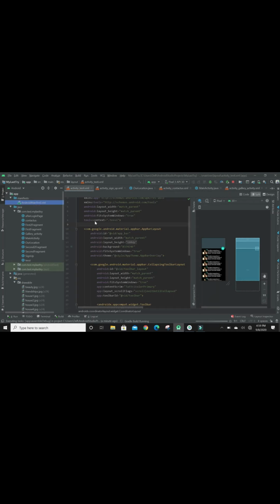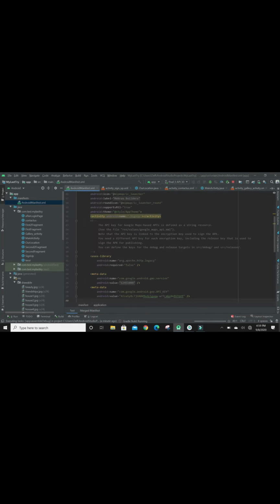It is taking time, and sorry for that. So let us see the Android manifest.xml till the program runs.